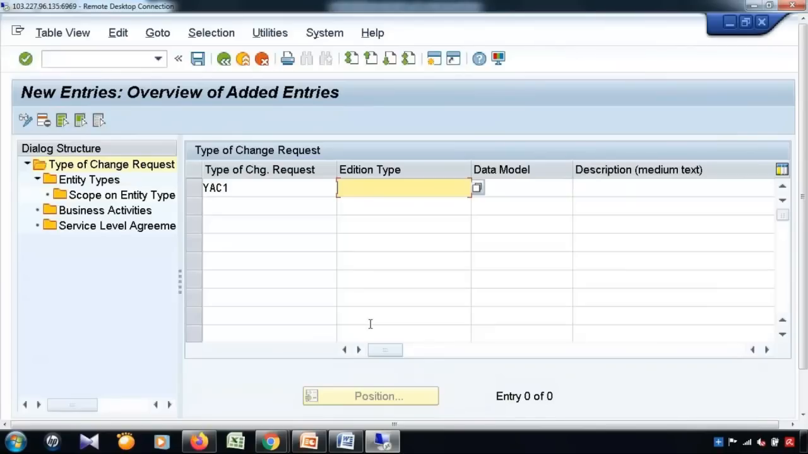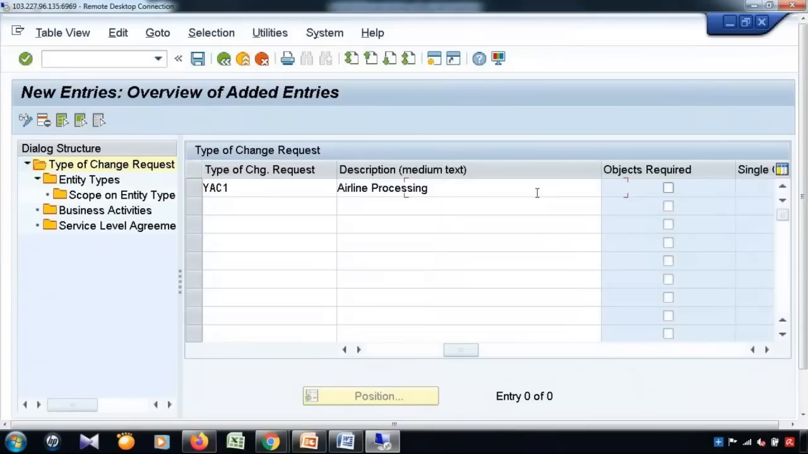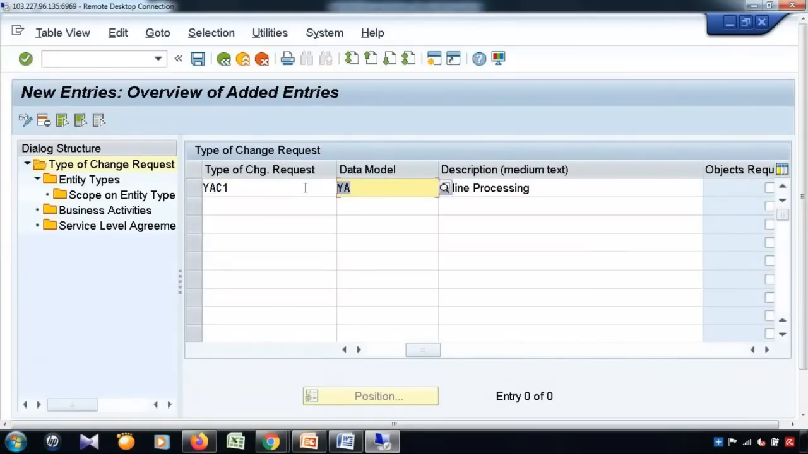So that is going to send a message to the object that it is edition independent. So the data model, the description, now the object required. Now here, object required means this change request type and this data model which we define here,